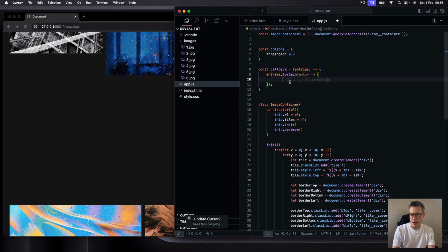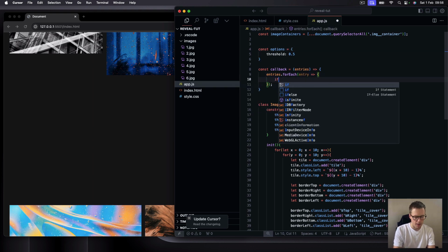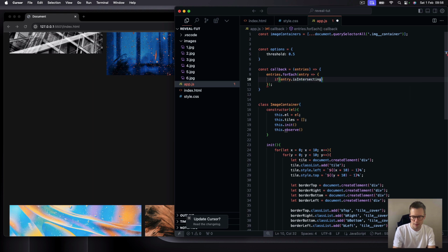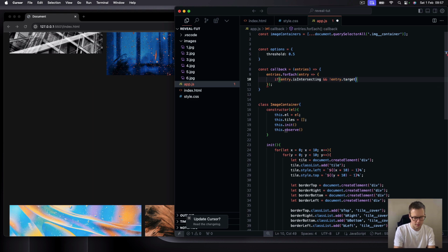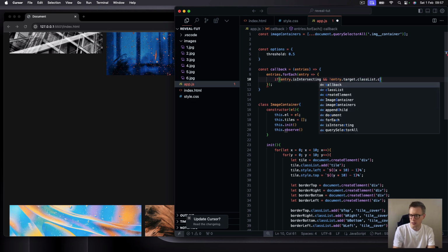And in this callback, we can say if the entry dot is intersecting, and not entry dot target dot class list dot contains